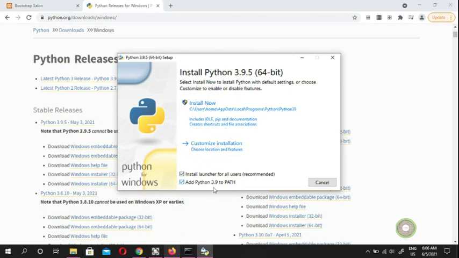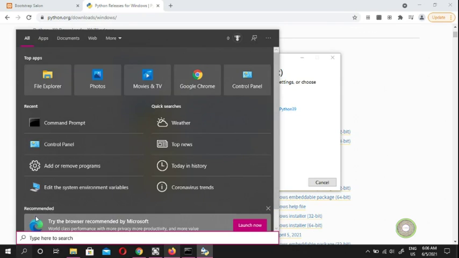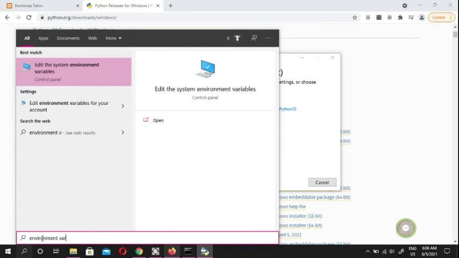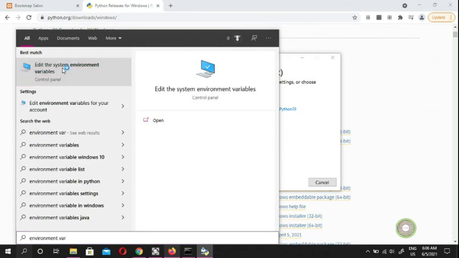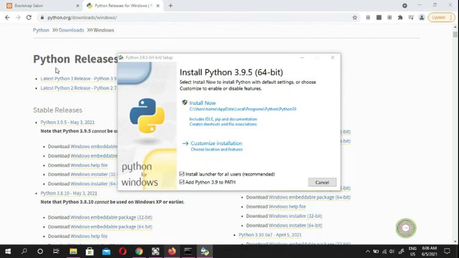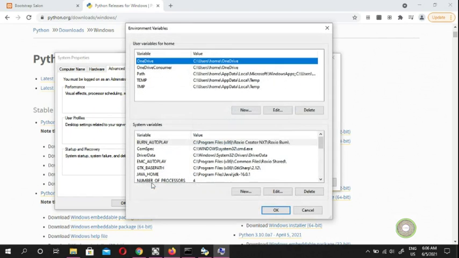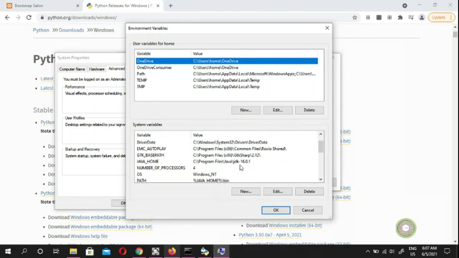And add Python 3.9 to path. It saves you guys from going to environment variables. If you go to the control panel and open environment variables, every time you install a new programming language, like Java, you need to go through this. For example, if you install Java, we have to point to Java home. And if we look at the path,